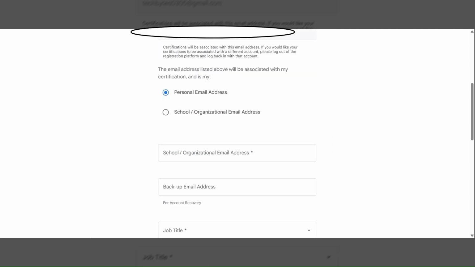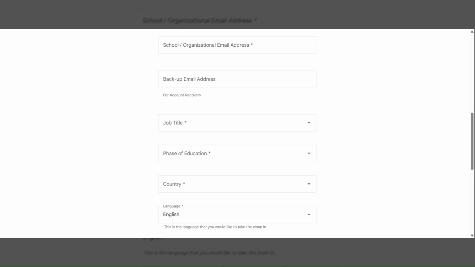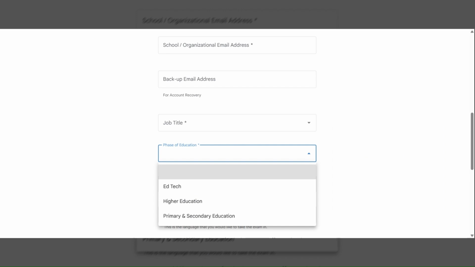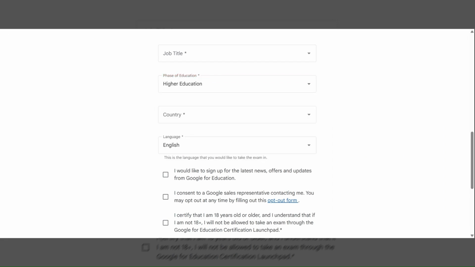And you will have to specify your school or organization's email address, backup email address, job title, phase of education, which is EdTech, higher education or primary education, and you can specify the country and the language.